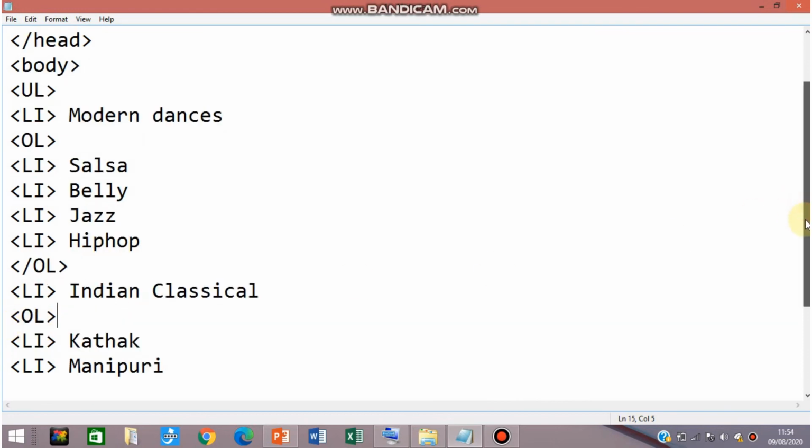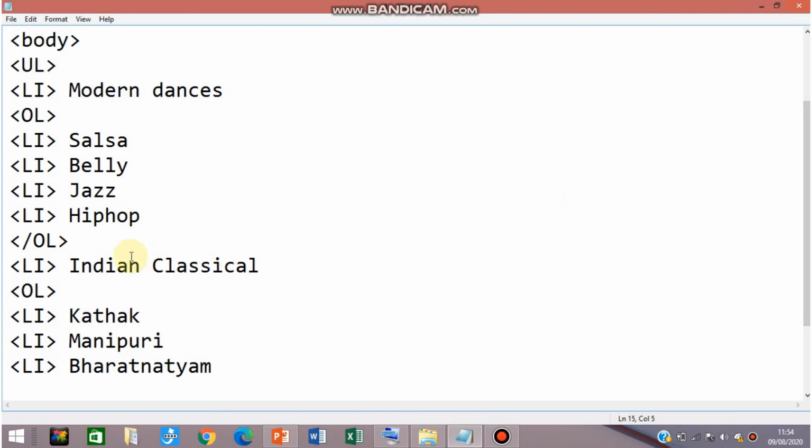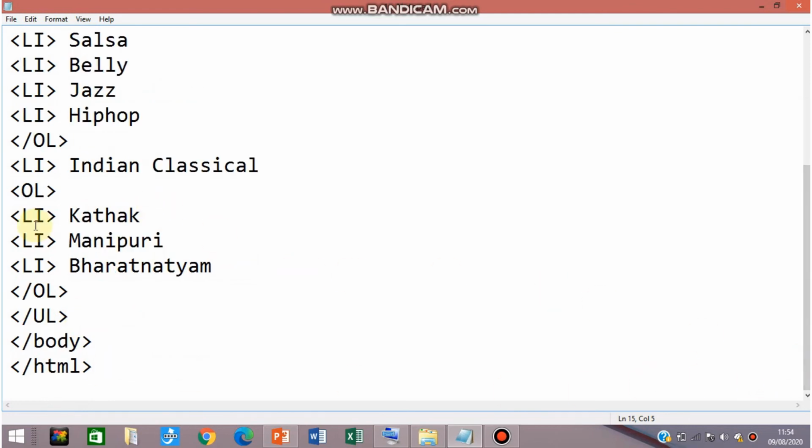Inside this LI tag, again I have defined the OL tag. I want to display the types of Indian classical dances, and I have defined three types with the LI tag: Kathak, Manipuri and Bharatnatyam. These are the types of Indian classical.